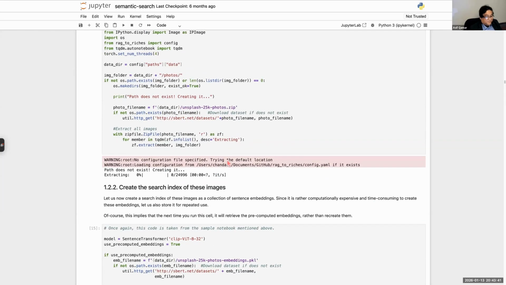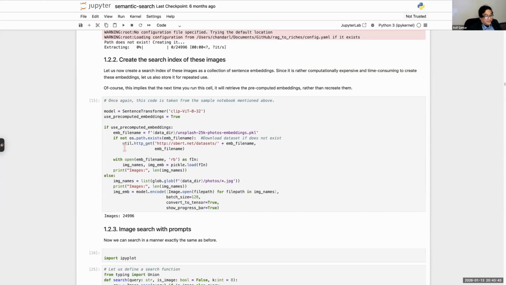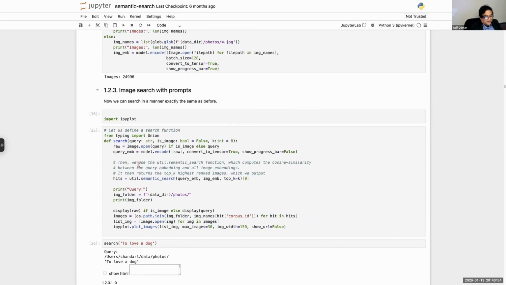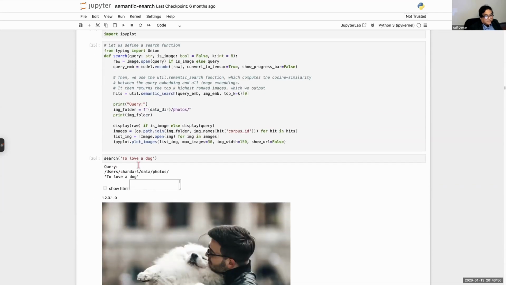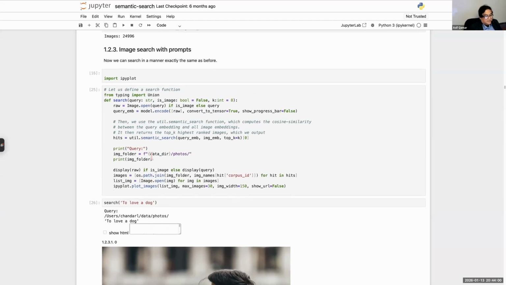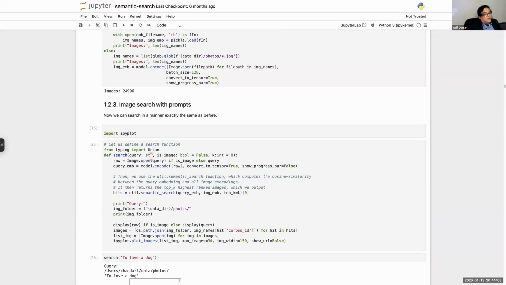What we do is, first thing, we index all of those images. What does that mean? Every image becomes a vector and goes into the vector DB. Let's do that. Then we'll search these images. Let's take a prompt. What was the query? To love a dog, right? Oh my God. Do you see? I'm giving it hard prompts. To love a dog is again an emotion. I'm searching for an emotion now in images.